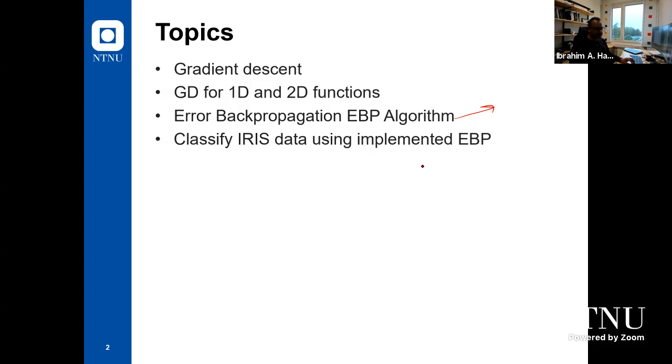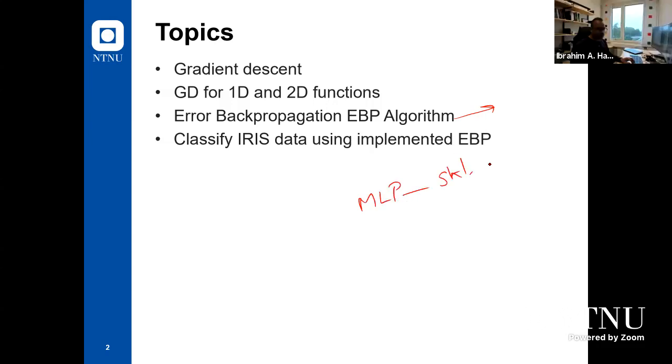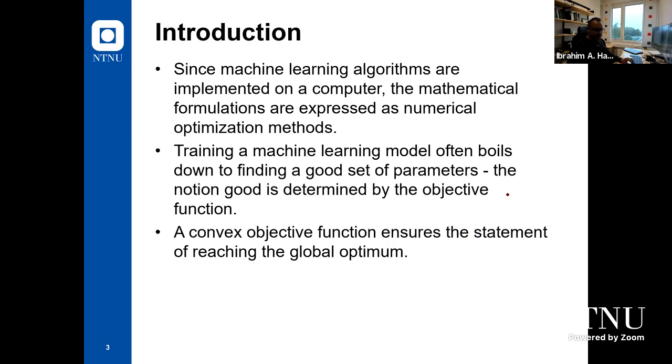So in the last 2-3 weeks, we did that a lot, but using MLP. We used MLP, for example, from sklearn. And also we used from Keras, in fact, we used this model which is called Sequential, right? So we used this one from Keras. We used MLP from sklearn, and we can build our model. So we can work as a black box, but we need to understand how error backpropagation works. I mean, this introduction is just